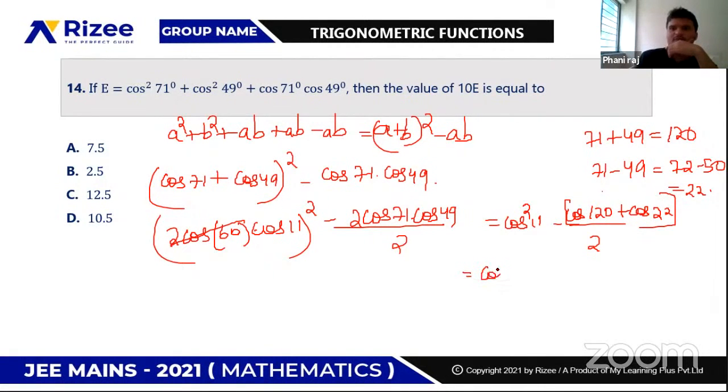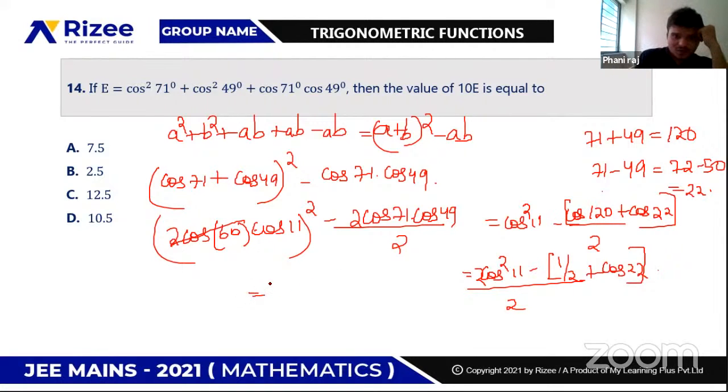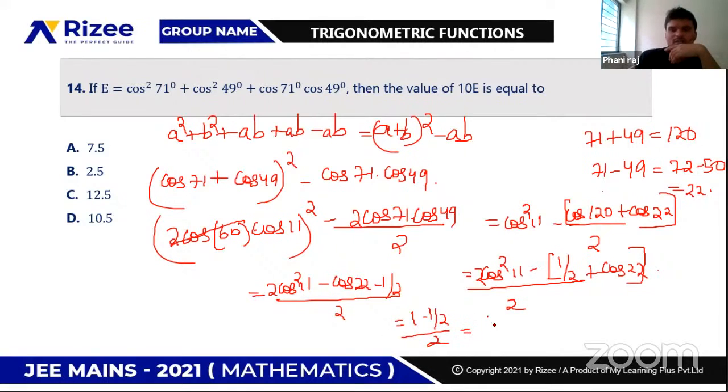Correct. So this is the same as cos square 11 minus, we'll take the LCM just to simplify. So you see, what is cos 120? It's sin 90 plus 30. So it's half plus cos 22. So this is the same as 2 cos square 11 minus cos 22 minus half, by 2. 2 cos square theta minus 1 equals cos 2 theta. So 2 cos square theta minus cos 2 theta equals 1. This is the same as 1 minus 1 by 2, which is the same as 1 by